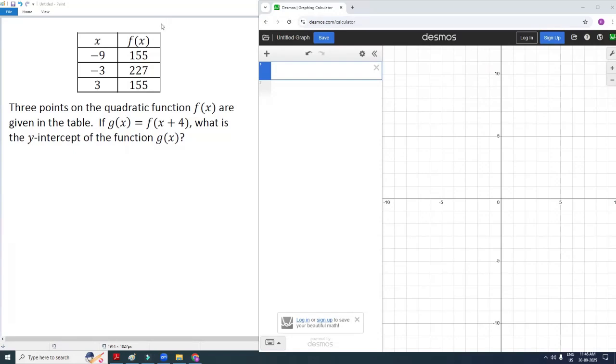SAT math problem. Okay, let's go to the question. Three points on the quadratic function f of x are given in the table. If g of x equals f of x plus 4, what is the y-intercept of the function g of